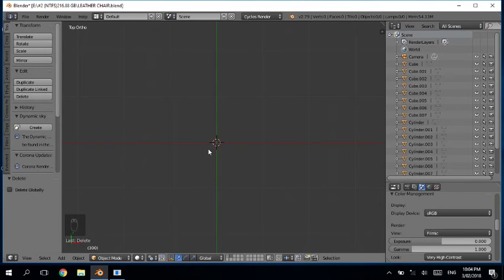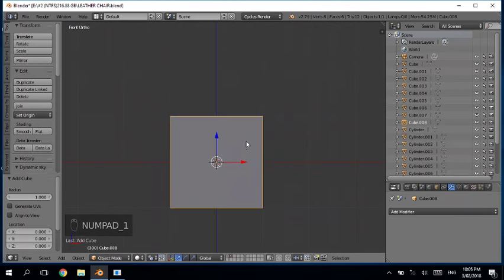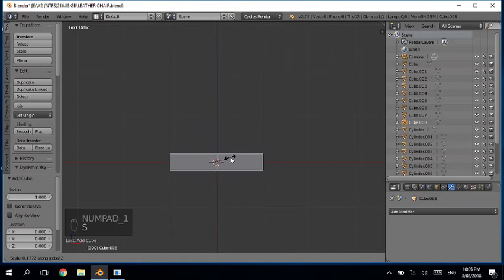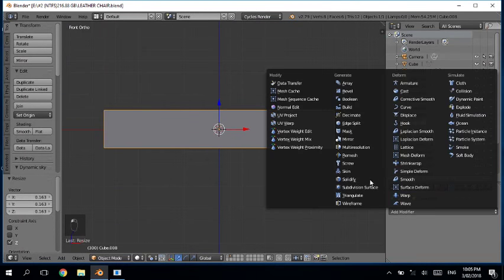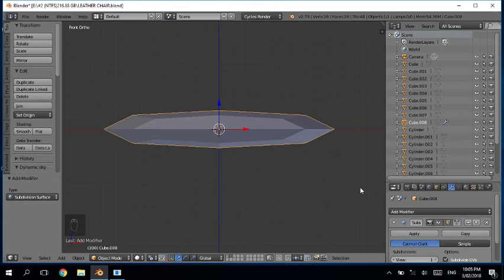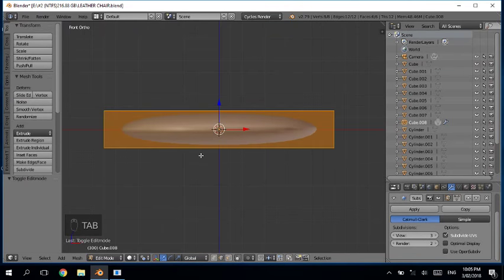Okay, so first of all, Shift A and select our cube, scale it. After scaling, just add a subdivision surface modifier at level 3. Okay, now smooth it, and after that go to edit mode by hitting Tab, Control R,